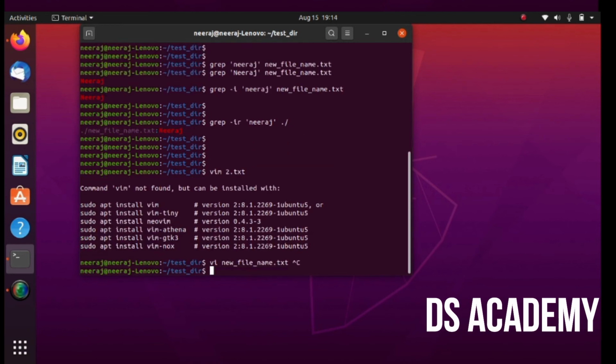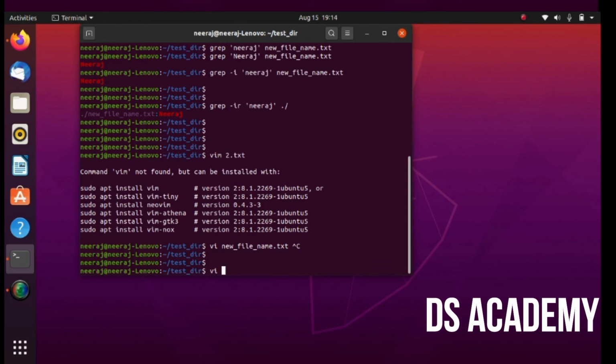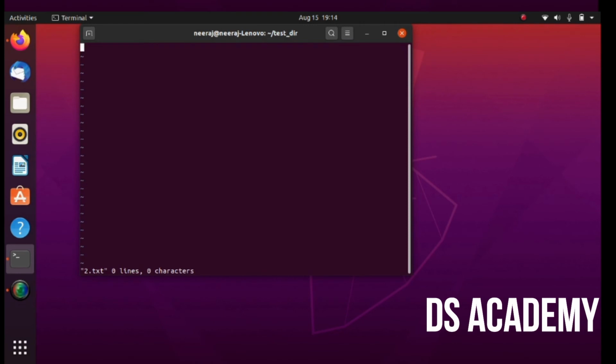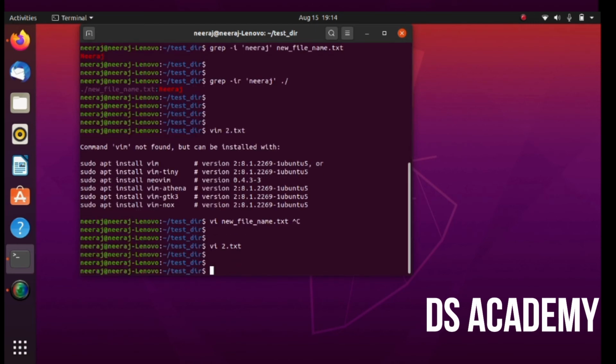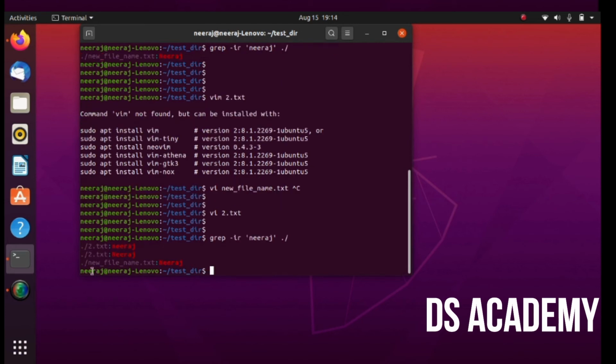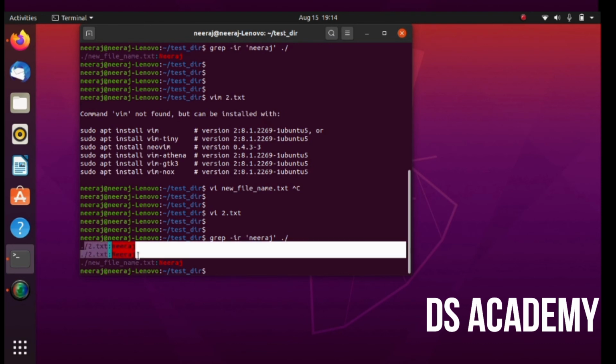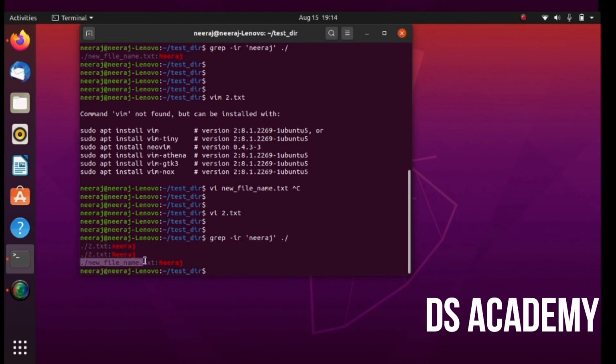What I can do is edit some file, and again it found two occurrences in 2.txt file and one occurrence in new file.